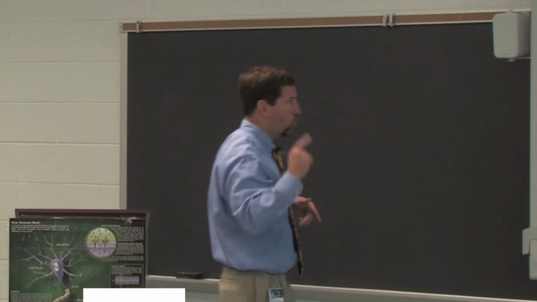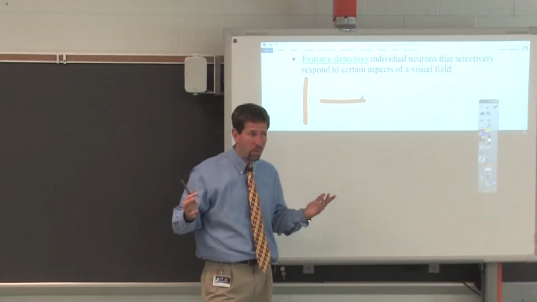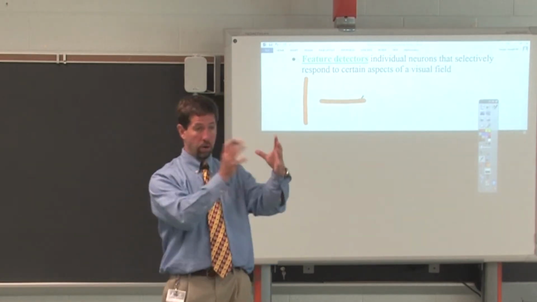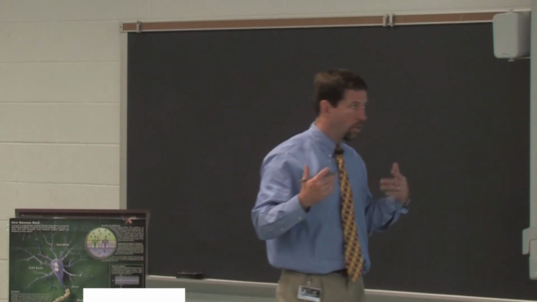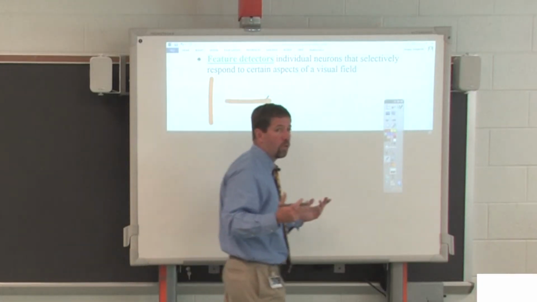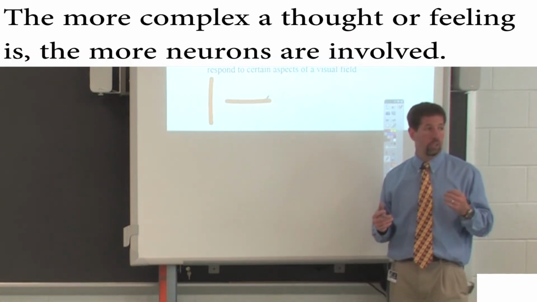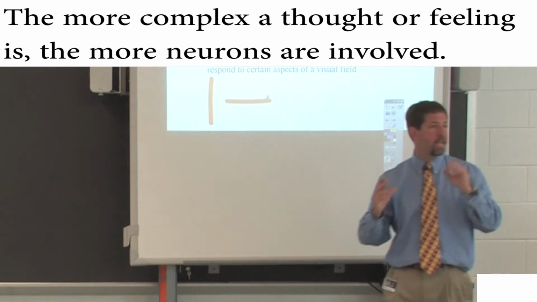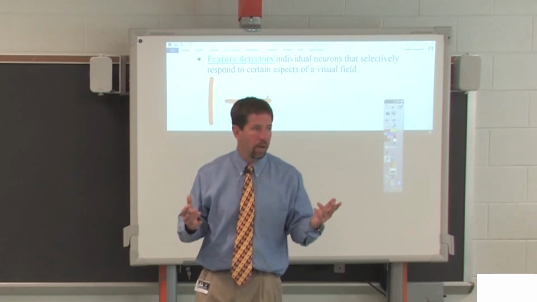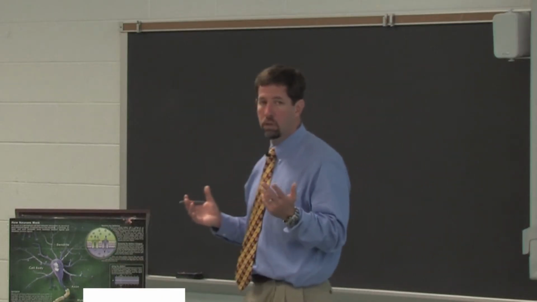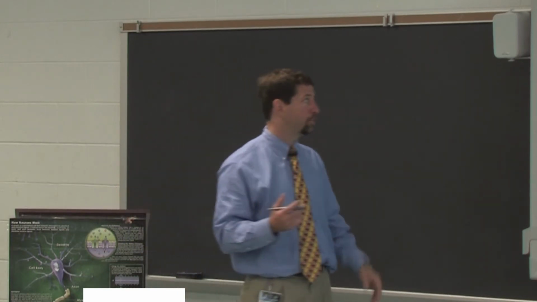I don't think we have one neuron for anger. I don't think we have one neuron for happiness. Happiness and anger are pretty complex. You can't go, here's the happiness neuron, because there's different types of happiness. Generally, the more complex something is, the more neurons you need to have. I'll say it again. The more complex something is, the more neurons you need to have. You might be able to find the sneeze center in the brain. Sneezing is a reflex. You don't think about it. Are you going to have the sports center in the brain? I wouldn't think so, because sports, well, whatever sports are, they're pretty complex. They involve a lot of things.